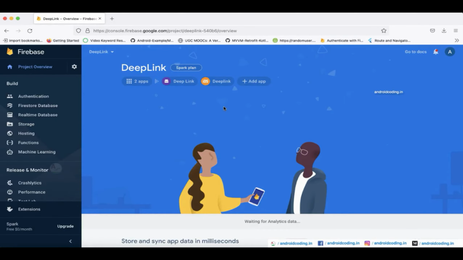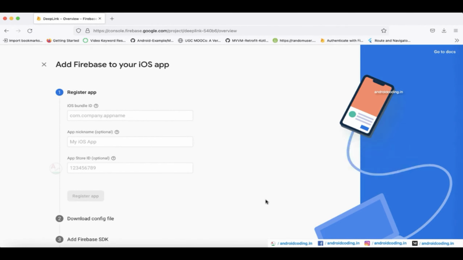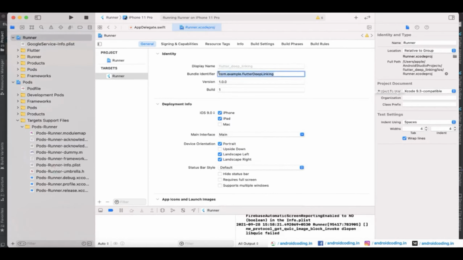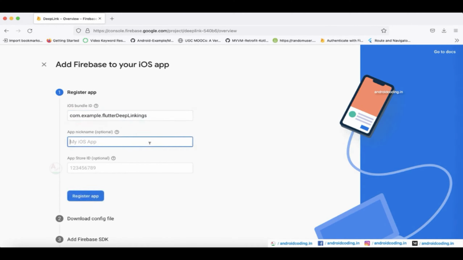So first of all, let us go into the Firebase console here, and you need to add the iOS app here. For adding the iOS app, you need to provide details like the bundle ID. You can find this bundle ID in your code here, your bundle identifier. Just copy that and paste it over here, and you need to provide the app nickname also. I'm just adding one more letter here to make it unique, and I'm providing a name like deeplink. And when you tap on the register button here, you will be provided with a download configuration file,